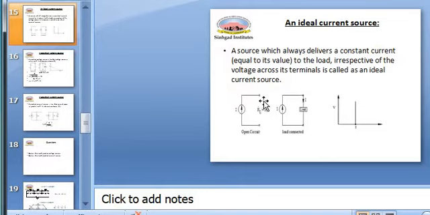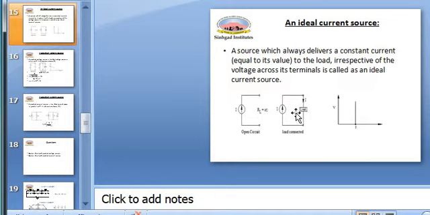When the load is open circuited, the resistance will be infinite. When it is closed circuited, there will be some finite resistance. For this finite resistance, some current I flows. That is nothing but the input current. So, what will be the voltage available across these output terminals? It is I into R.